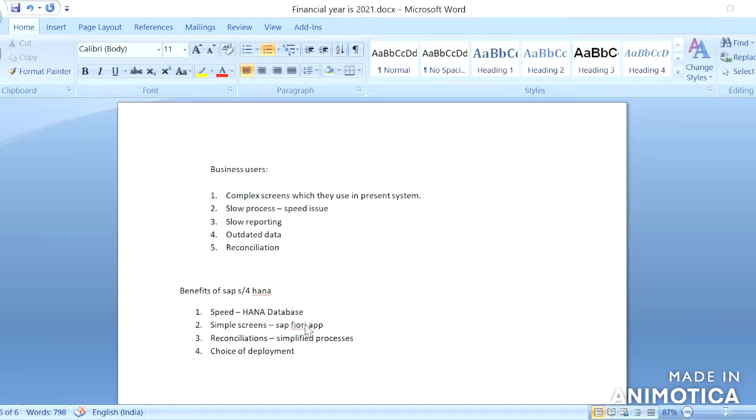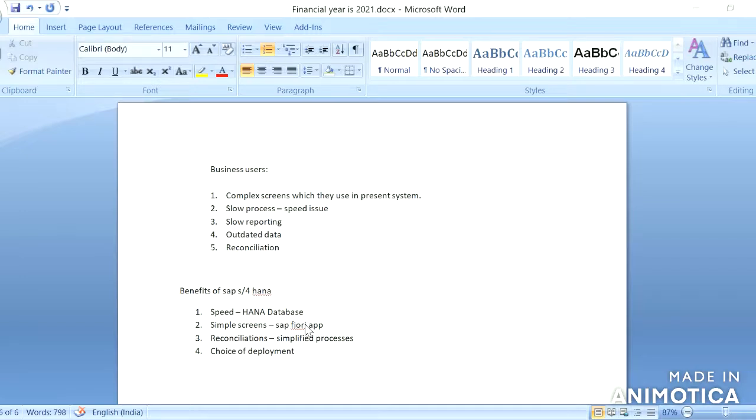But what happened in SAP S4HANA? These were linked within the module. So SAP S4HANA is integrated with all the components and it made the process very simple. It is a simplified process. So major changes were done in asset accounting and few changes in few of the modules.